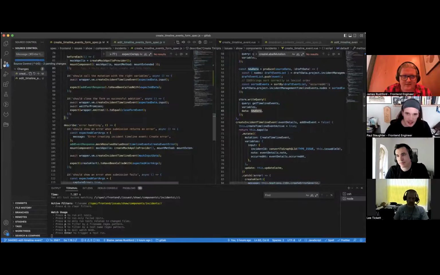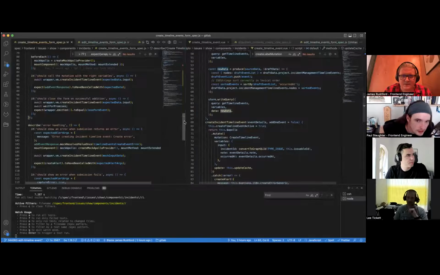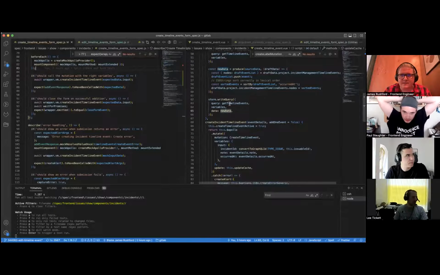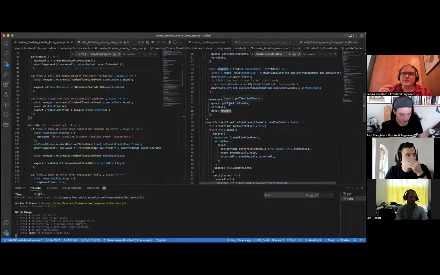All right, we're looking at some testing. So what we're doing is the create timeline events. On an incident, you can now add timelines, so you can see what's happened in the timeline. This is the create timeline event